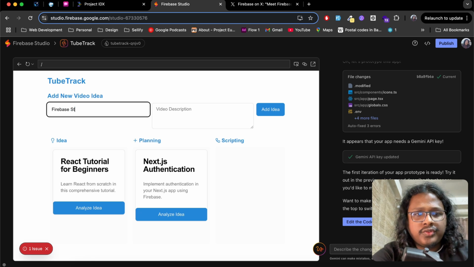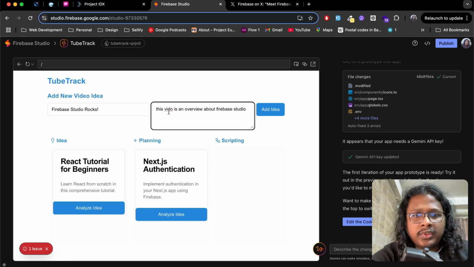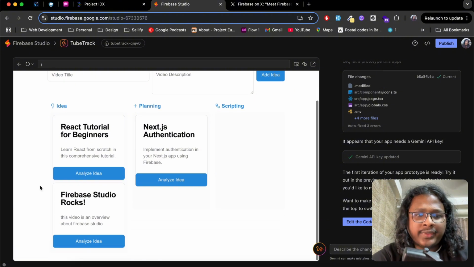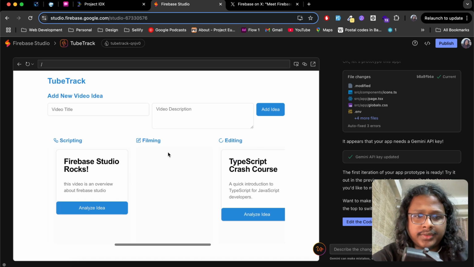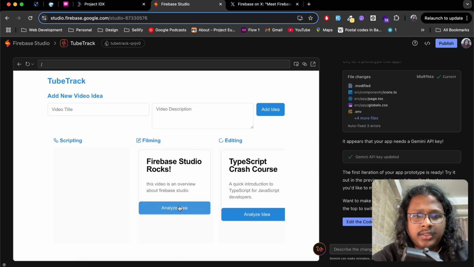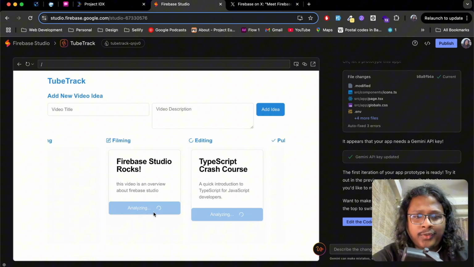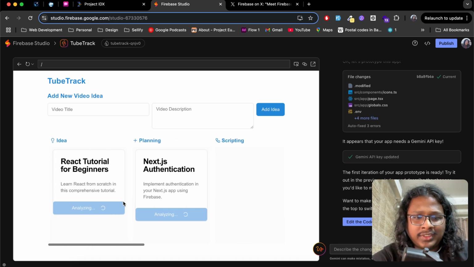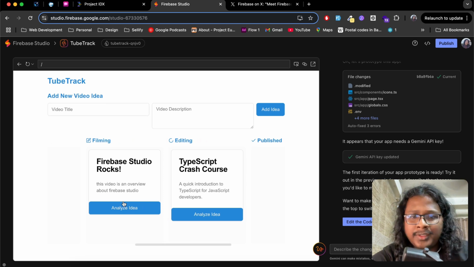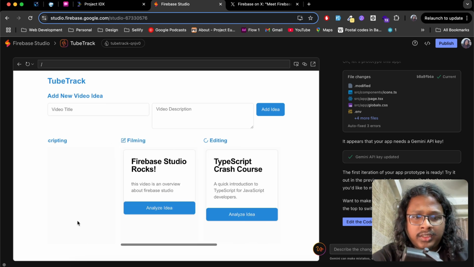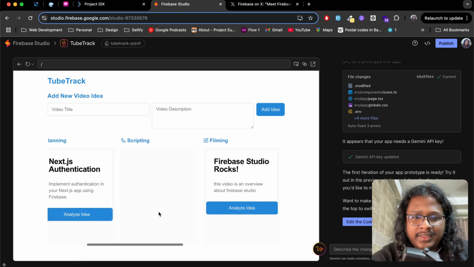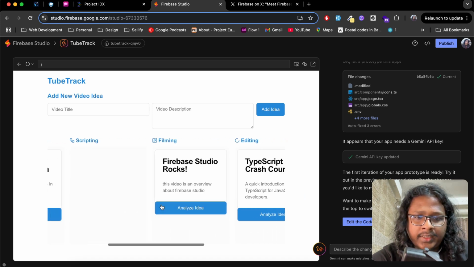Let's create a new video. Firebase Studio rocks. Add idea. Okay, so it added to the idea section. Right now I am recording this video, so let's move this to filming. And let's see what this button does. Okay, I only clicked on this one, but looks like all the buttons are loading, so it might be a bug over here. I don't know, it doesn't seem like this did anything,